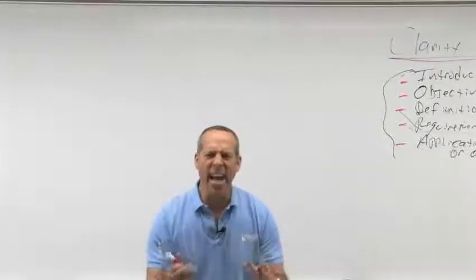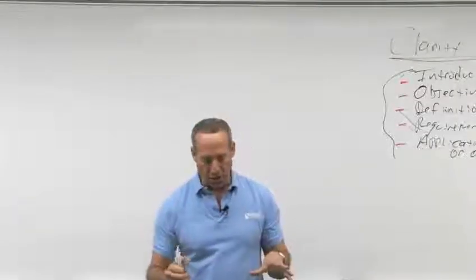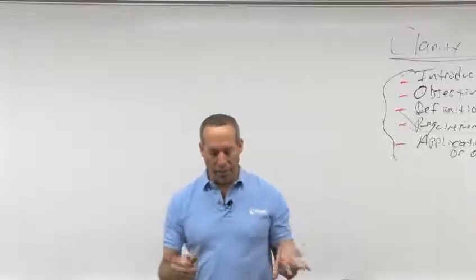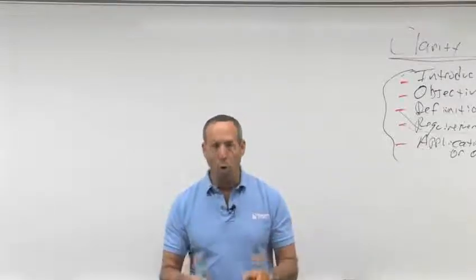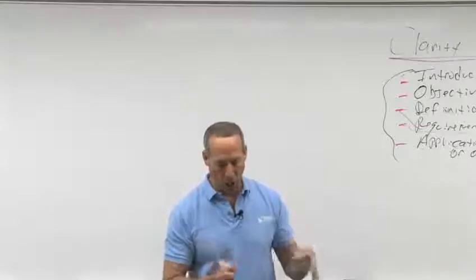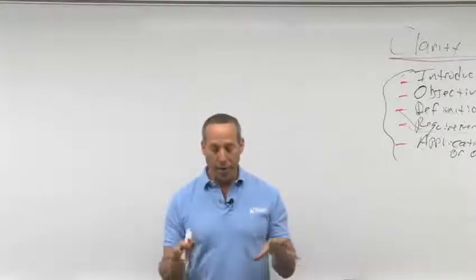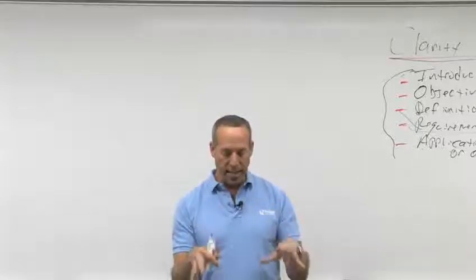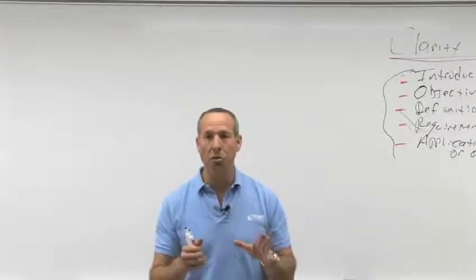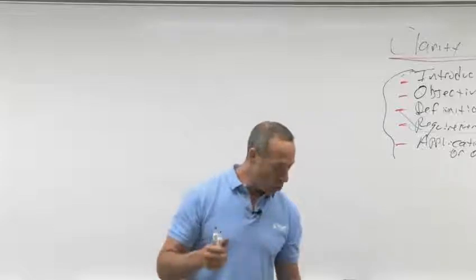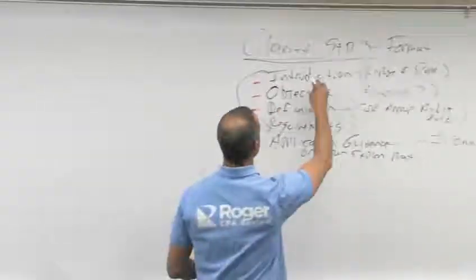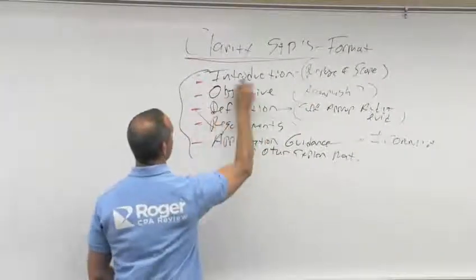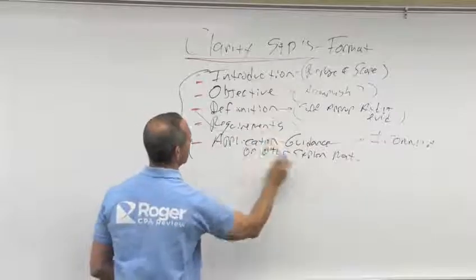Now let's talk about our 10 generally accepted auditing standards. If you look in your notes, prior to the issuance of the clarity standards, we were required to apply these 10 generally accepted auditing standards. Under the clarity standards, GAAS, generally accepted auditing standards, were repositioned into what we call the objectives of the format of the clarity project. So when we look back at the different format, we had introduction, objective, definition, requirements, and application.